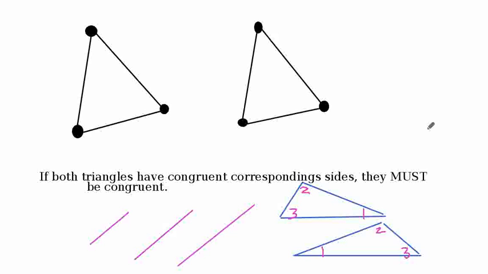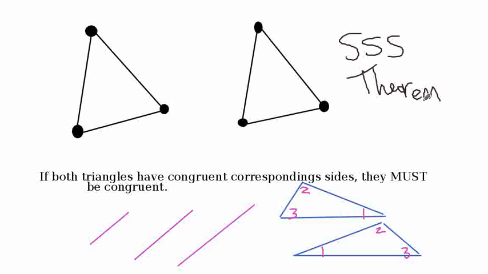So the point is that 3 pairs of congruent sides is sufficient to show the triangles are congruent. Now, the name of this theorem is side, side, side. You'll see people refer to it as the SSS Theorem. Okay? And so let me show you the way that it is used to show that 2 triangles are